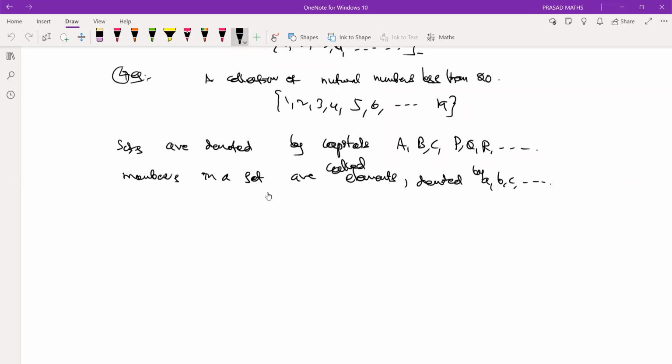Suppose you have the set of all natural numbers. Is it possible to write out all the natural numbers? No, right? Therefore, we need to represent a set by other methods. Can you write the set of natural numbers, all of them? No, right? So in such a situation, we represent sets